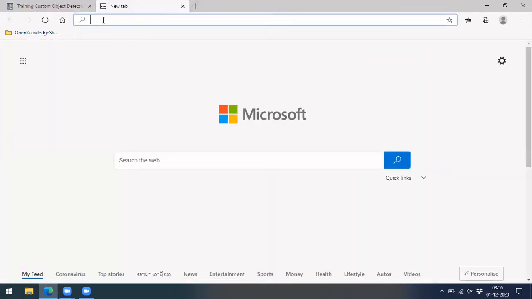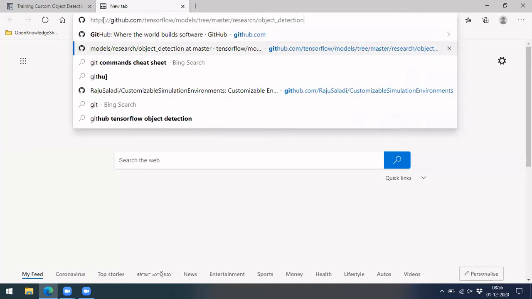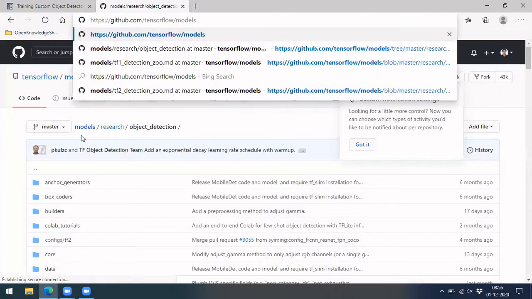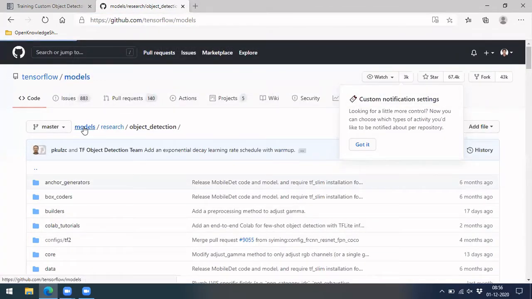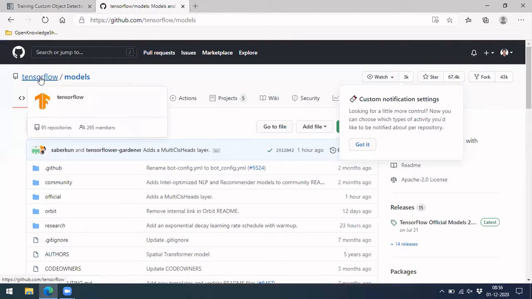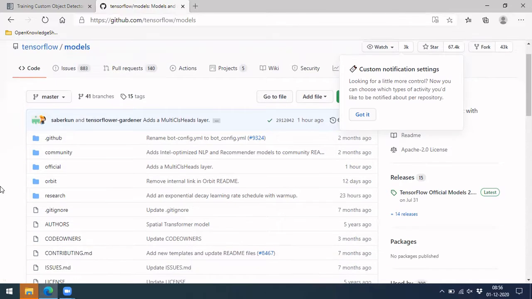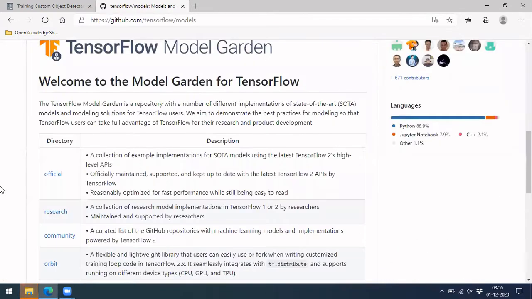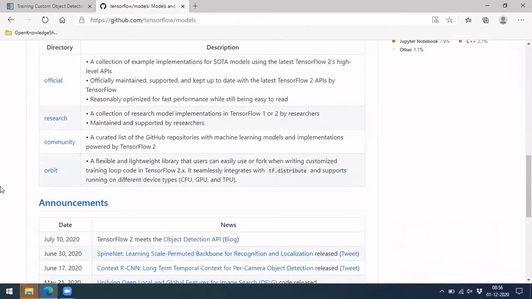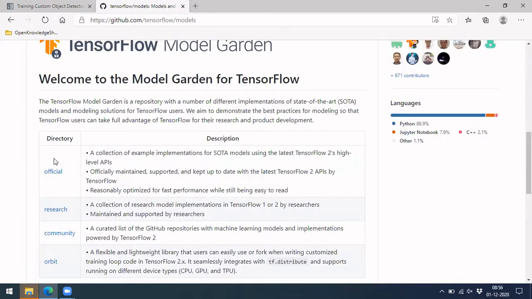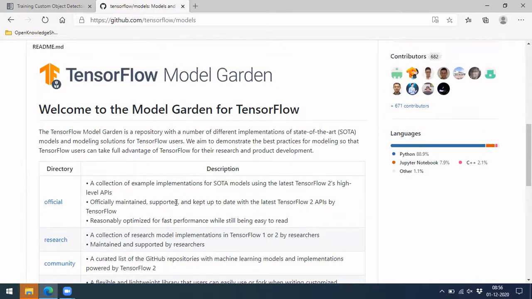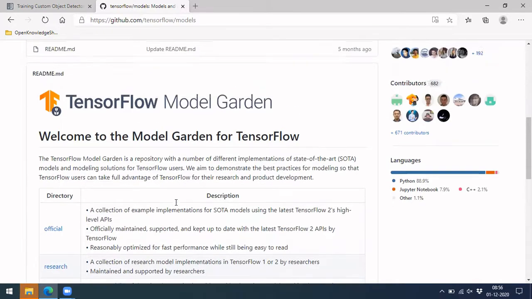Okay, so on GitHub, let me go to this TensorFlow models repository, where we have this object detection. If you search for object detection API TensorFlow, you'll be able to reach this point, or else you can see the link in the description. This is where the object detection model is, which contains official as well as research versions. Official is mostly the 2.0 APIs.